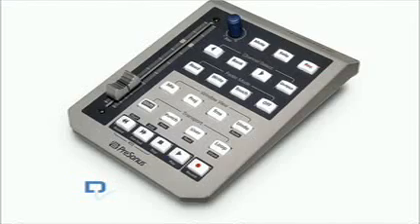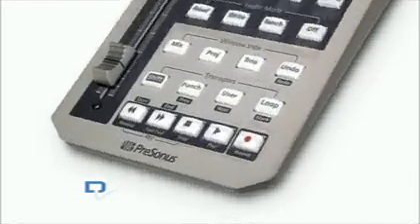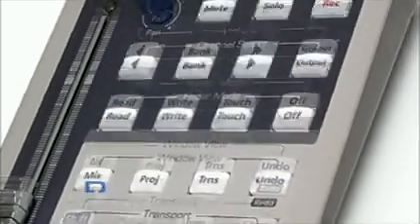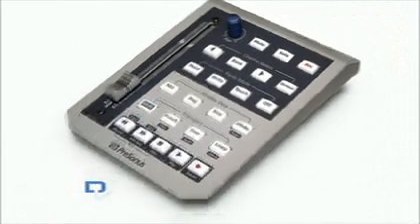What PreSonus wanted to do with the FaderPort is provide users of popular DAWs like Cubase, Logic, Pro Tools, Nuendo, etc. with a very cost-effective control surface. So it means that it can go alongside your tower or your laptop, enables you to control all the main